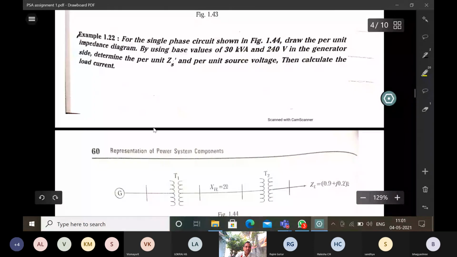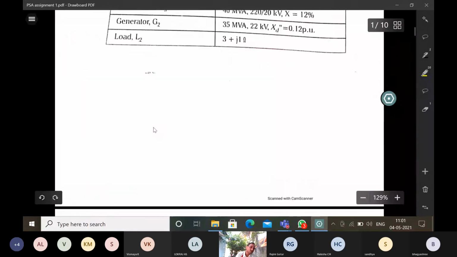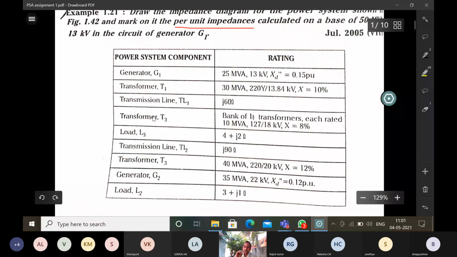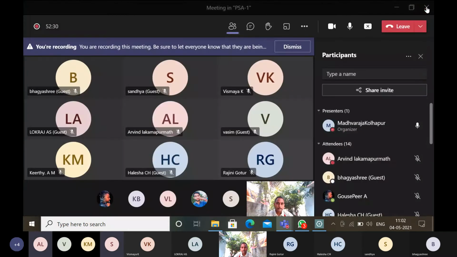All of you solve these things in your assignment book. Okay. If you don't have assignment book, you write it in paper. Okay. This completes the first module. If you have any doubts regarding first module, you can ask me. Can I brief the first module once again? What are the things there? Yes, okay, sir.